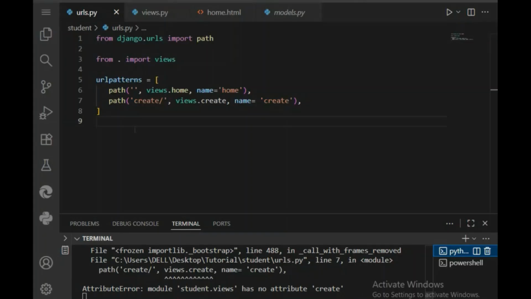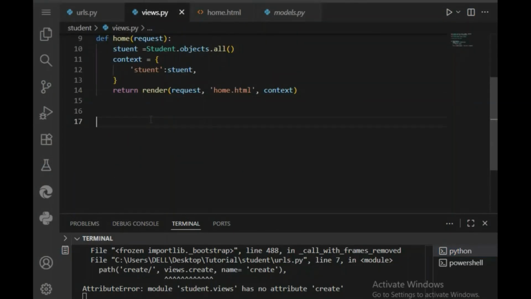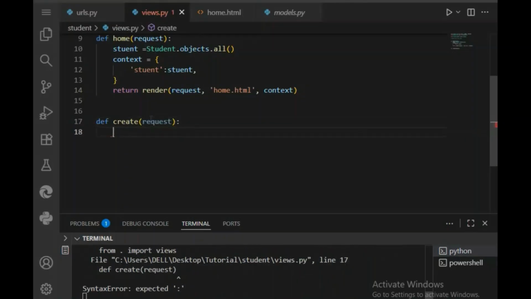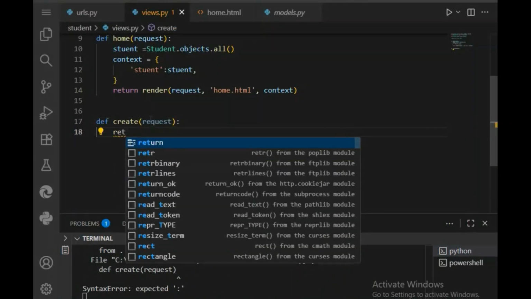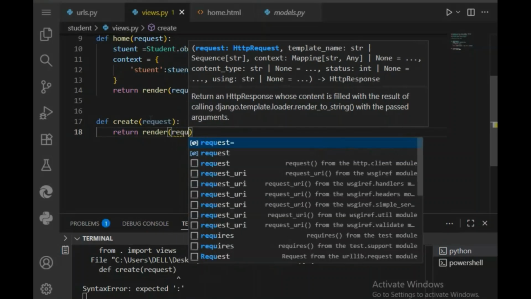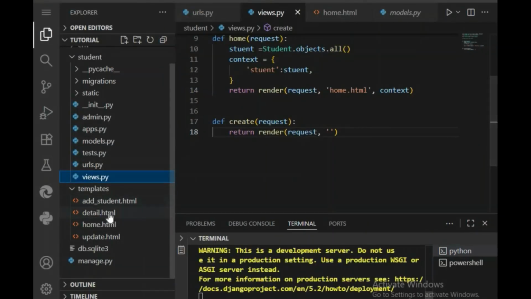Okay, our code broke. All right, because we are still working. Now, when a user clicks on that create button, we should be able to add information. So we're going to copy this create, come to the function, and add another function called create that takes a parameter request and returns